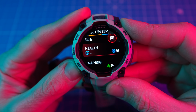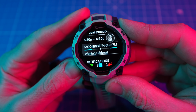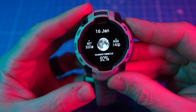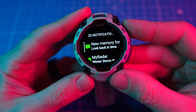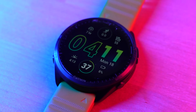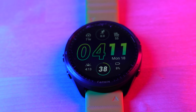For example, the 50mm AMOLED model of the Instinct 3 is $499. It lacks a touchscreen, it lacks mapping, it lacks internal music storage, and some of those advanced training metrics. On top of that, the AMOLED model doesn't have mind-blowing battery life. It's good, but it's not crazy. And if you took that same $499, you could also go out and purchase something like the Garmin Forerunner 965. And that adds all of those things: mapping, music, touchscreen. On top of that, it also has pretty similar battery life and the same heart rate sensor